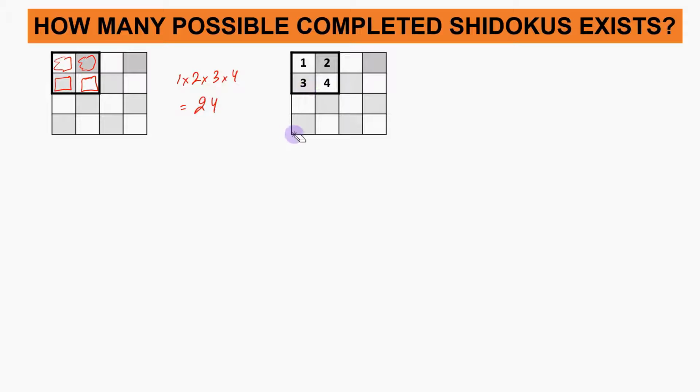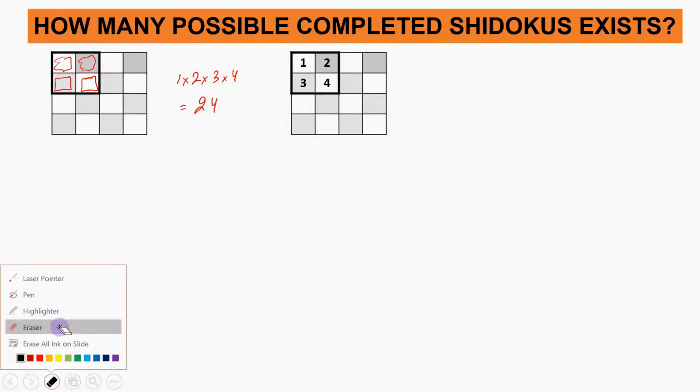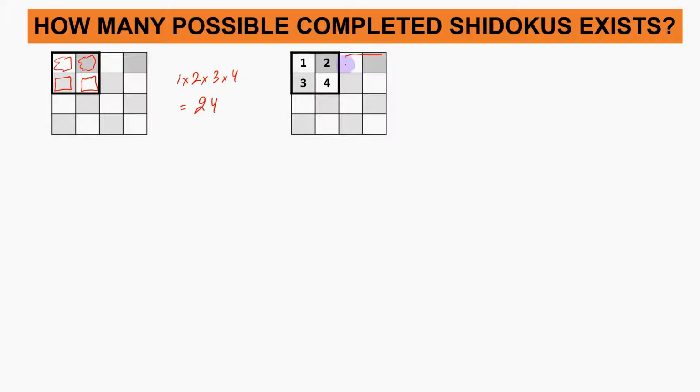Now let us suppose that we fill these elements like this. So 1, 2, 3 and 4 in these places. And now what do we have? We have these 2 places that we are going to target. So these 2 places can either be filled like this, 3, 4, or these 2 places can be filled like this, 4, 3. Similarly, our next target will be these 2 places, and these 2 places can either be filled as 2, 4, or it can be filled as 4, 2. That is, there are 2 ways of filling these squares and there are 2 ways of filling these squares. So the multiplying factor will be 2 into 2, that is equal to 4.